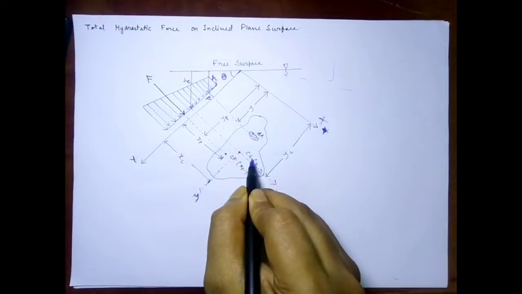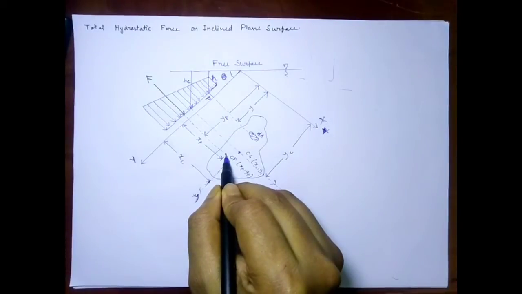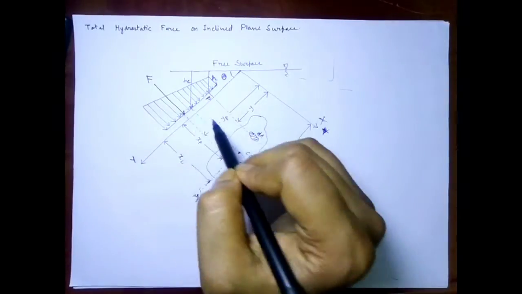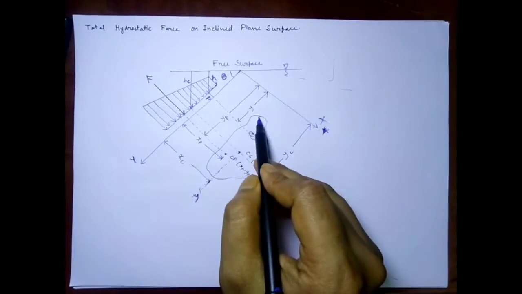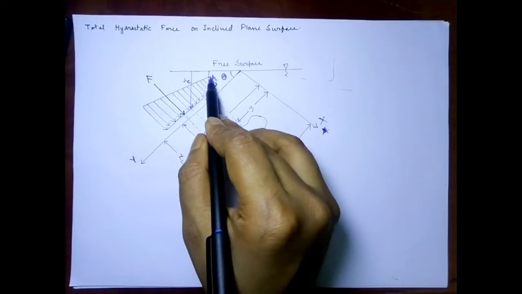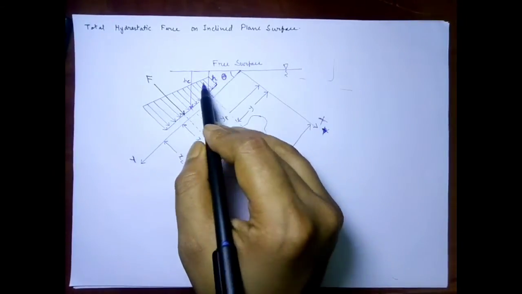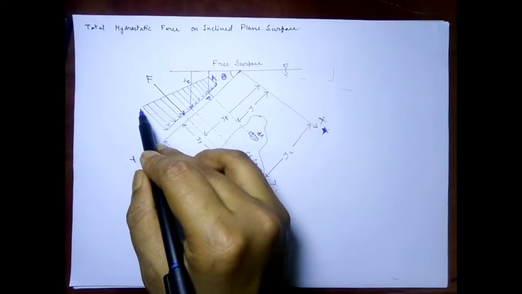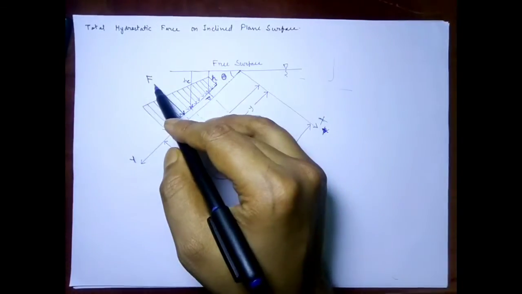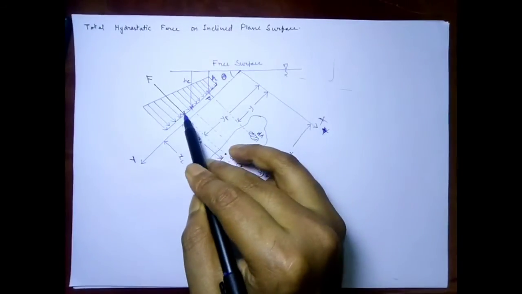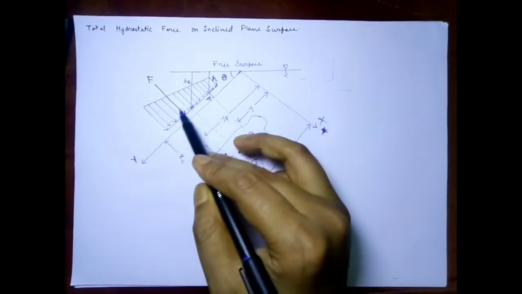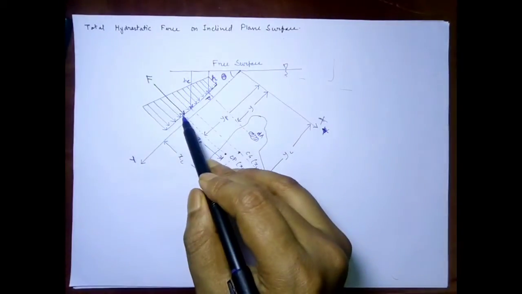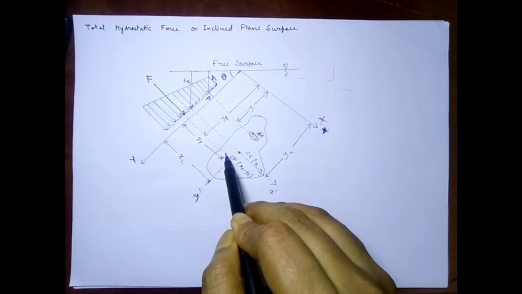CG is the center of gravity and CP is the center of pressure. Here I have also given the force distribution on the body. Because this part is at a higher level, the force acting on it will be lesser, and gradually it will increase, with the bottommost part being exerted with the highest amount of force. Let us take that the resultant F is acting at almost 2/3 of this length, directly on the center of pressure.